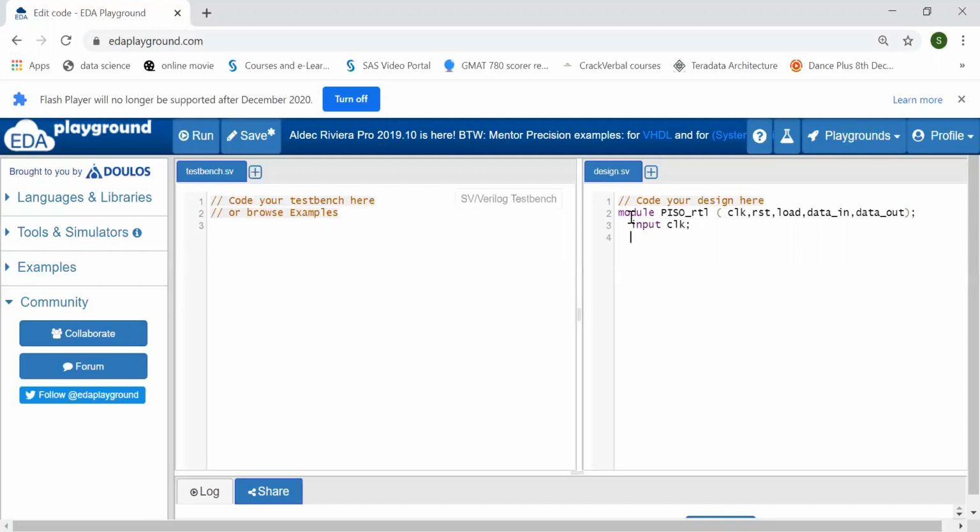Input clock, input reset, input load, input [3:0] data_in, then output data_out. So my port directions are completed.